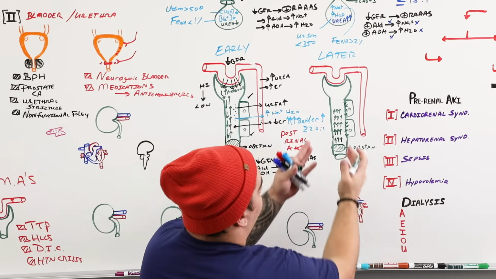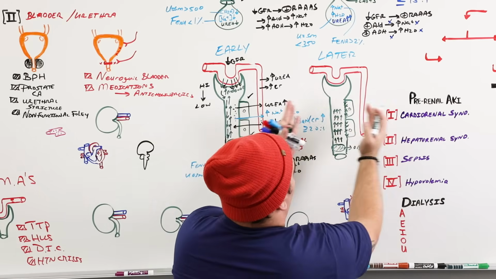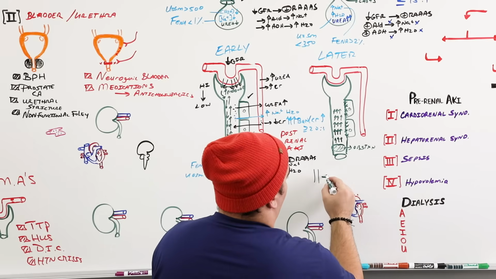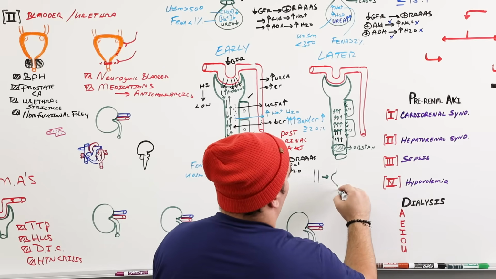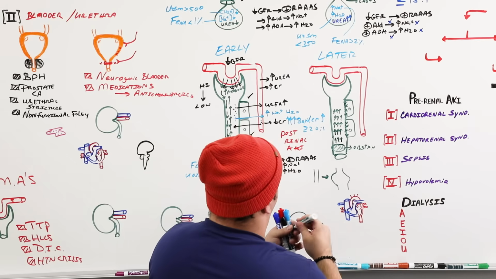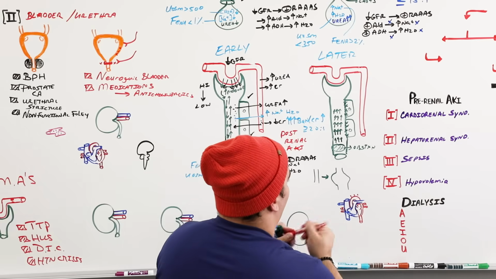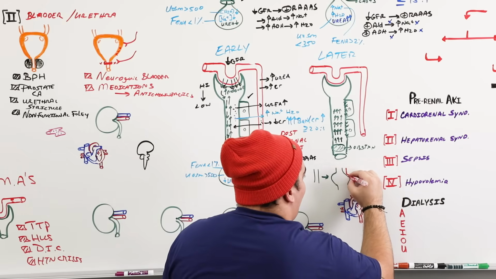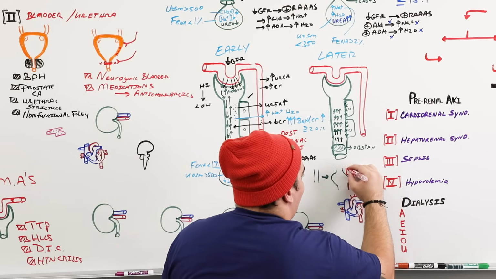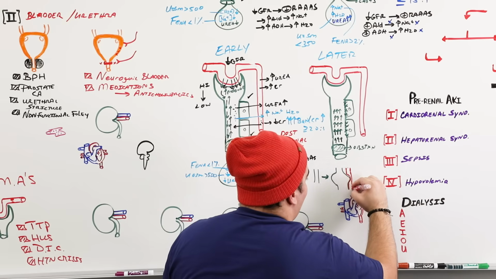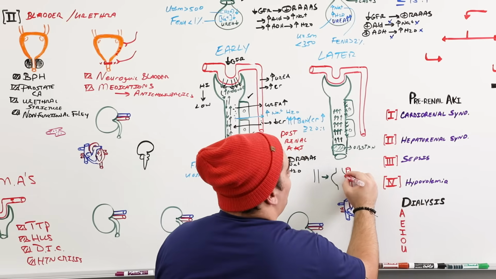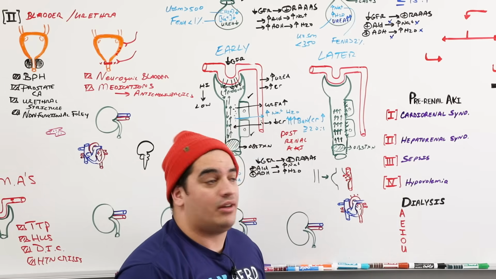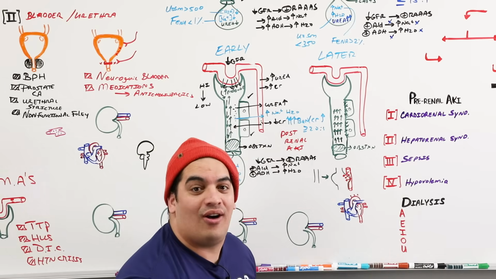And imagine it like this. Imagine the kidney tubules ballooning out, right? So imagine here I had a kidney tubule that was like this, and then after a while, it starts ballooning out like this because of all the pressure. And as it starts ballooning out, guess what is supposed to be running here? Your blood vessels. These poor little guys start getting compressed. And if they start getting compressed, you're going to start reducing the blood flow to these kidney tubules, right? And they're not going to get their oxygen. And they're going to start dying off.